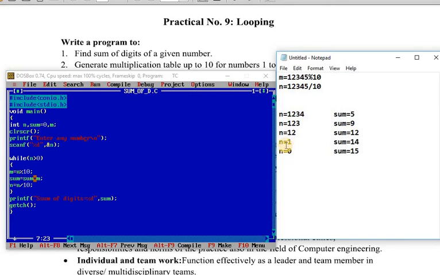Why? Because the value of n is 1. Now 1 modulus 10, the value is 1. So the previous value of sum is 14 and m is added, that is 14 plus 1 is 15, and now n divided by 10. 1 divided by 10, the value is 0. So now n is 0.